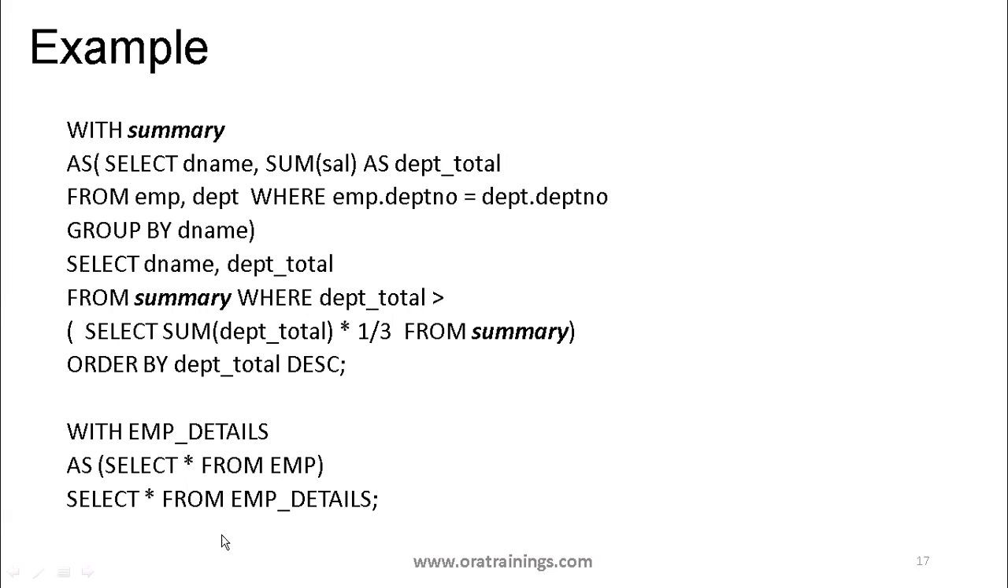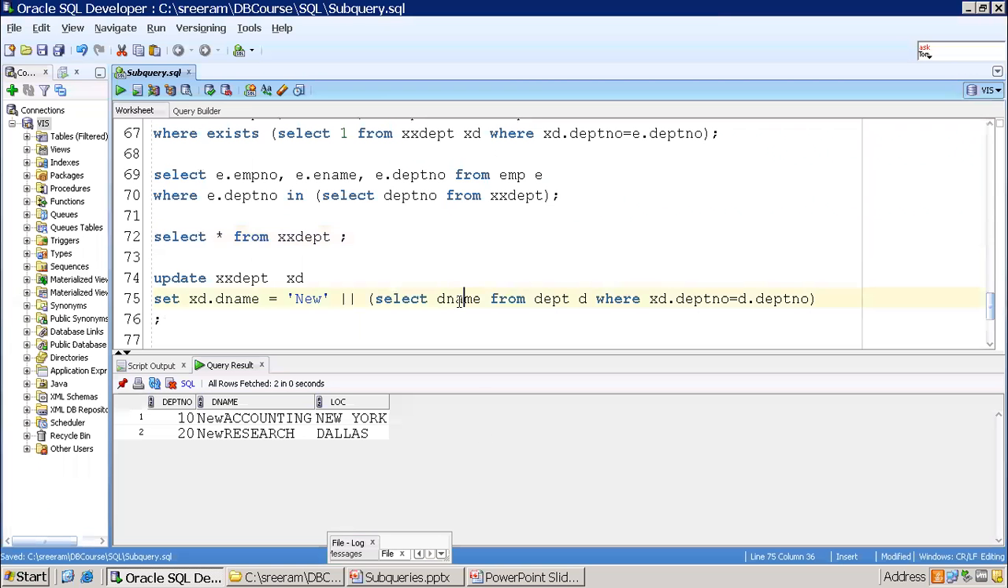In the other one, just observe the very simple example. Here I am writing with emp details as select star from emp. So now the table emp_details will have all the data. And you can simply write select star from emp details, which will retrieve all the data, right? Just see this example. Let us write